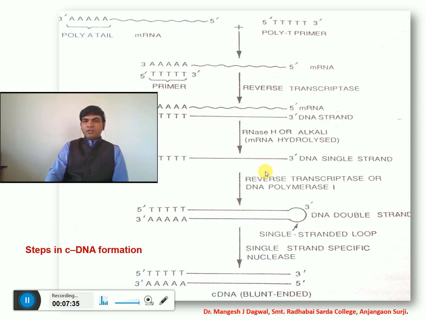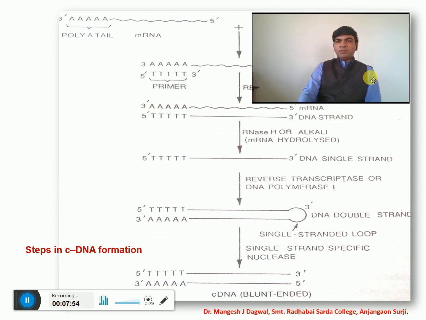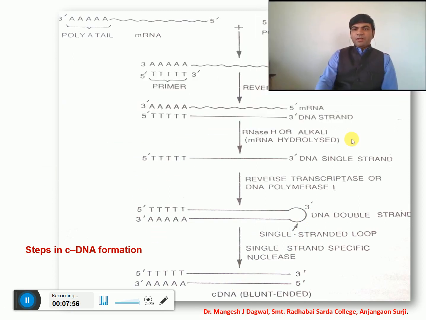Here are only the remains of the single stranded DNA, with the help of DNA polymerase 1 formation of another strand, but formation of the single stranded loop, and this loop with the help of single strand specific nuclease is cleaved, and formation of this complementary DNA. So in this way there is a formation of the complementary DNA.